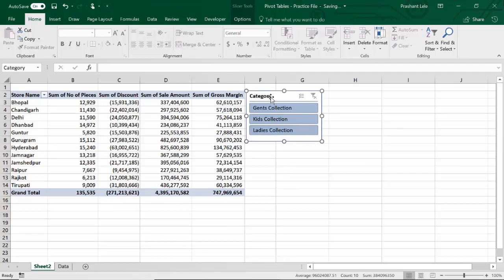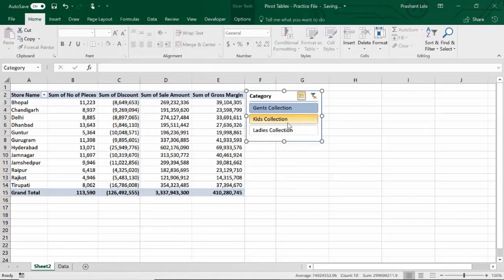Before Excel 2013, if you wanted to select multiple items like gents collection and ladies collection, you had to press the control button to select them. See, I am pressing the control button for non-consecutive items. If you want to select consecutive items, you can press shift also, gents collection and kids collection. But from Excel 2013 they have given this multi-select button.